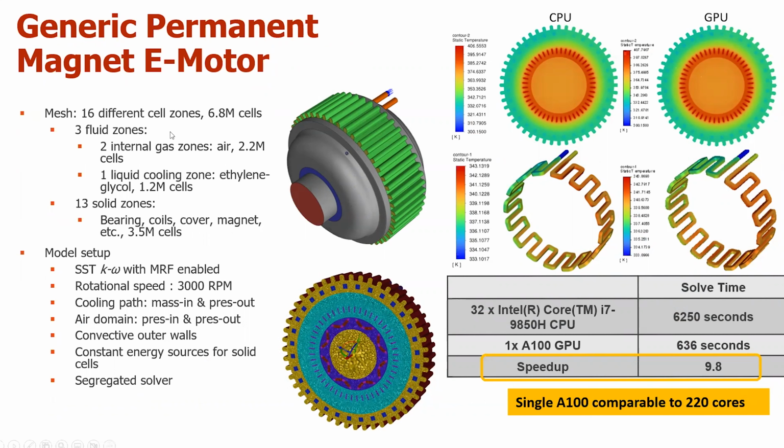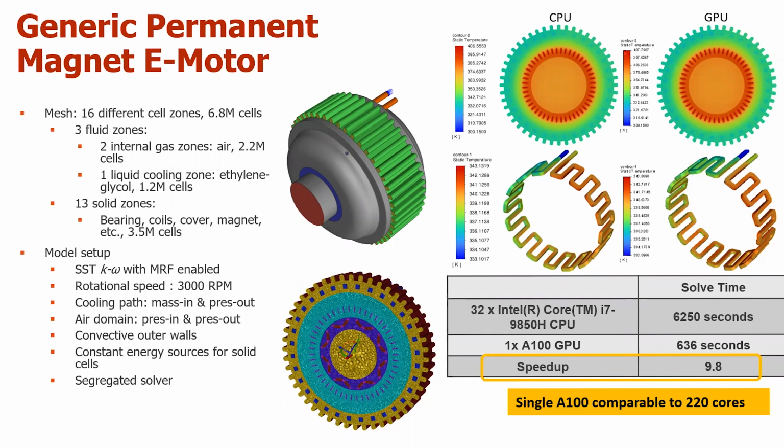We had different cell zones. Some of them were fluid zones, 3 internal fluid zones, and then 13 remaining solid zones. Some of the solid zones had heat sources supplied to them. And then you also had convective outer walls. And this was done in a segregated solver with SST k-omega, and it also had moving reference frame enabled. So almost all of the physics that you have available with the native GPU solver, all those physics were added